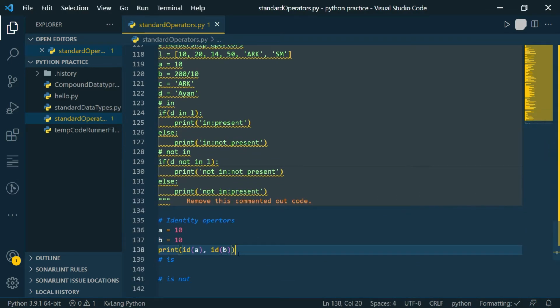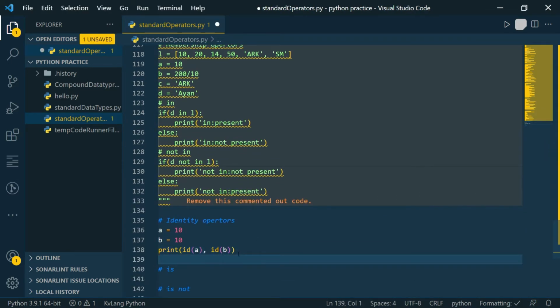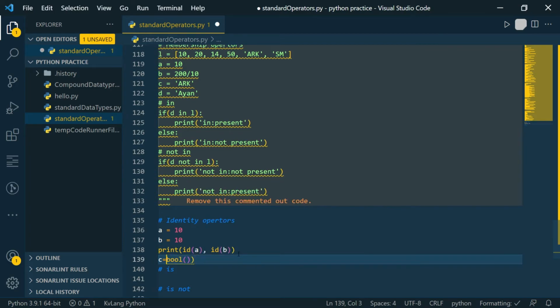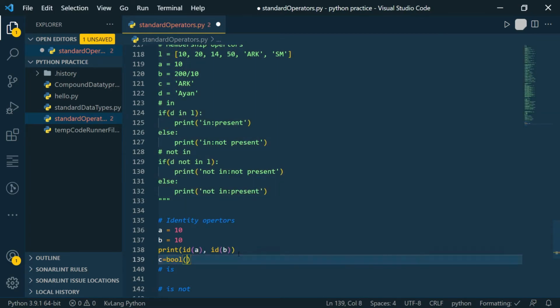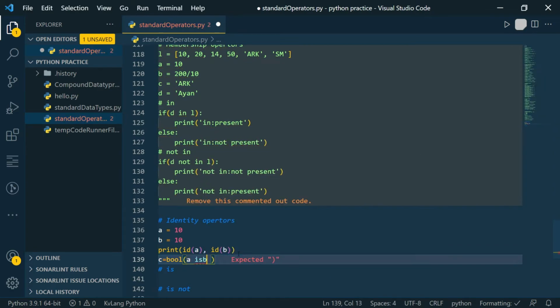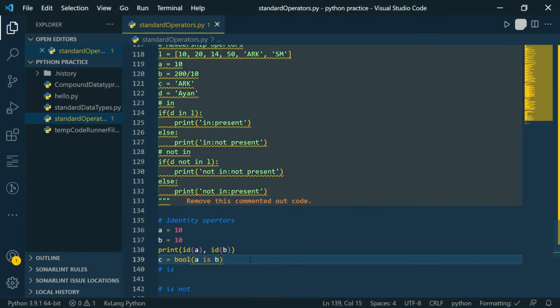So we will not use if else here. We will use boolean. So let's make another variable C of bool. I should not have added these brackets. So bool of A is B. So what this method does is, bool means boolean, that means 0 or 1, true or false. We specify a condition in these brackets.